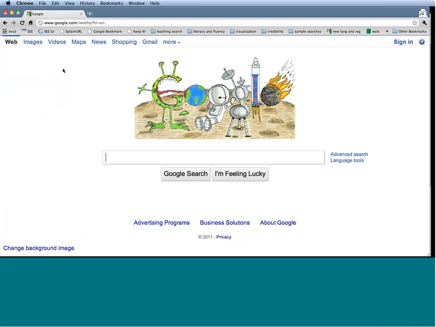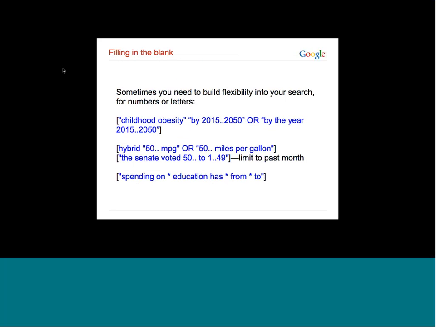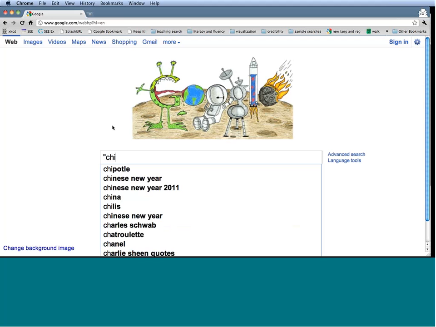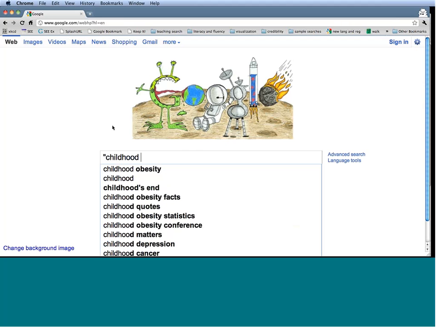The thing about, so we were talking with that pig Latin example, we saw a use of the minus sign and we saw another use of quotation marks. And here's the thing about quotation marks. I find when I combine them with other ideas, or with other operators, I can do really, really powerful searching. Back in the first round of predictive searching, I showed this, childhood obesity